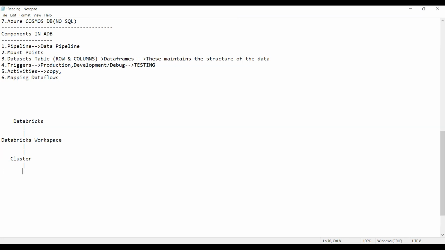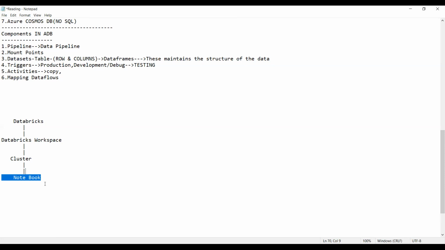So multiple notebooks. What do you mean by notebook, guys? In general, tell me, what do you mean by notebook? Forget about the subject. It's a kind of editor. Notebook is nothing but where we write information. Am I right, guys? A book is nothing but where we write the information.